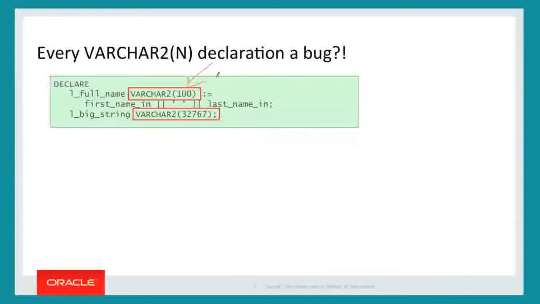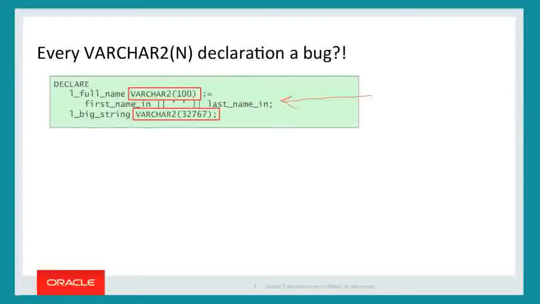Now, I don't know if you've ever had this feeling. You're typing code, you declare a variable's name, you type varchar2, and as you get to that number, open paren, your fingers kind of freeze up. What do I put there? 10, 100, 32,767? It can never get bigger than that. And what you see here is a classic example of hard coding that reflects your current perception of the world.